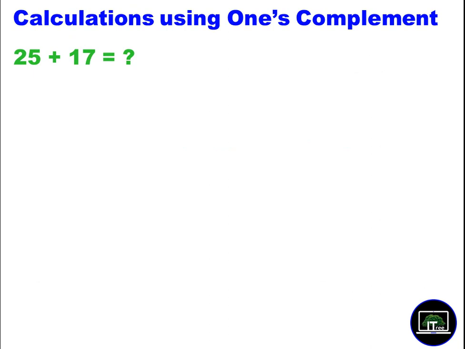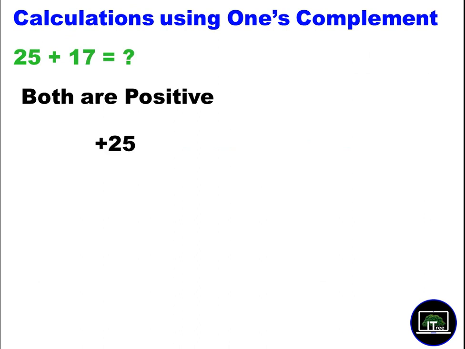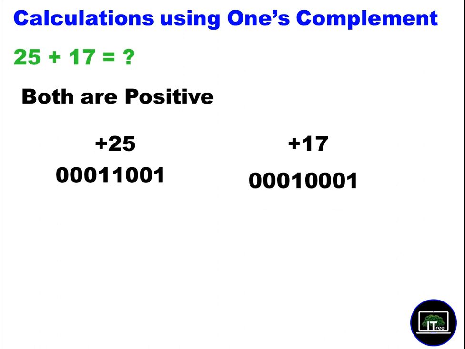Okay, we try to do some calculations. See now, these both are positive numbers. We simply convert 25 to binary and 17 to binary. I'll give you a small tip here. Whenever you do this kind of calculation, you write the numbers on 2 sides, in 2 columns, then it is easily visible on the paper. So mistakes are very few.